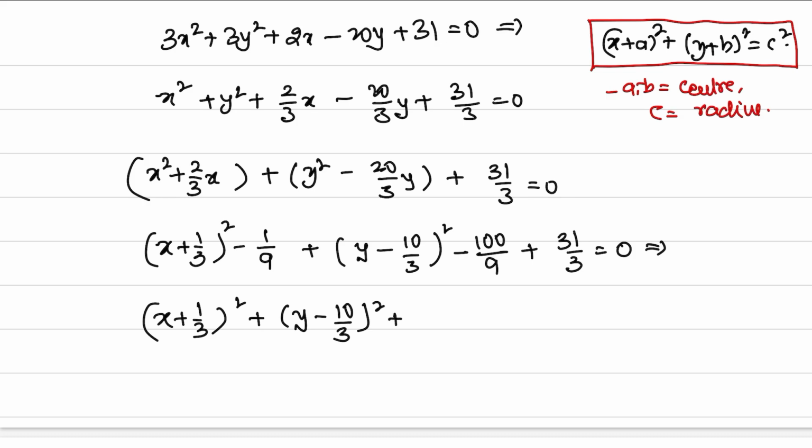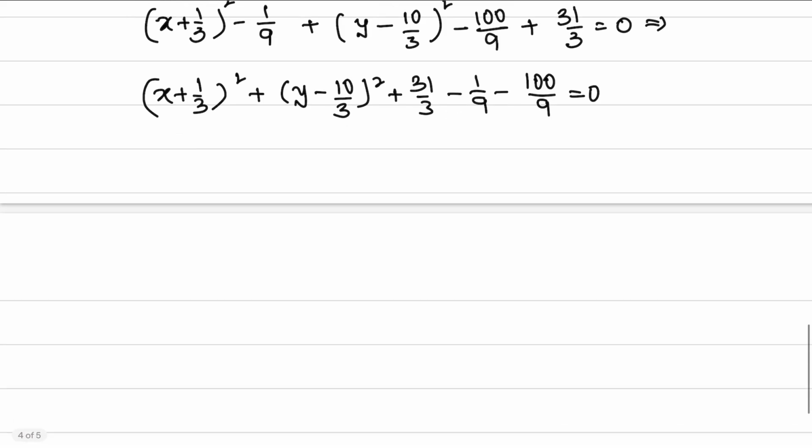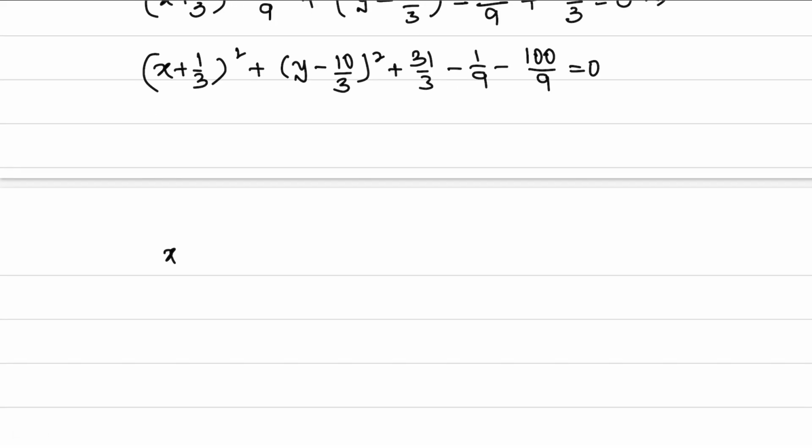plus 31 by 3 minus 1 by 9 minus 100 by 9 is equal to 0. But we wanted it in the form (x + a) whole square plus (y + b) whole square is equal to c square. We will take the numbers to the right hand side. Let us see what happens. (x + 1 by 3) whole square plus (y minus 10 by 3) whole square is equal to 101 by 9